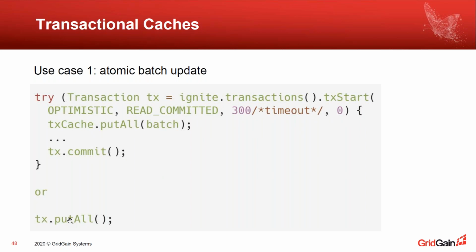Passing a large batch of keys to putAll gives you the same guarantees as if you opened an optimistic read committed transaction and performed a lot of puts, perhaps in putAll or as a single put. The guarantees will be the same. Second case, when transactions are required,